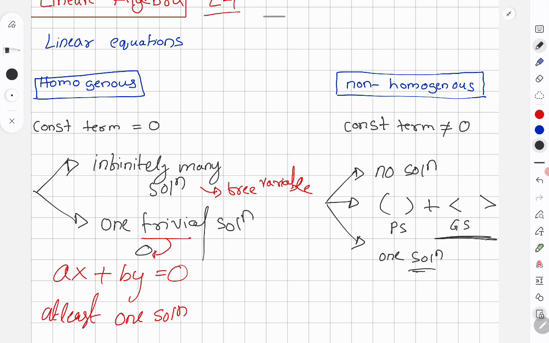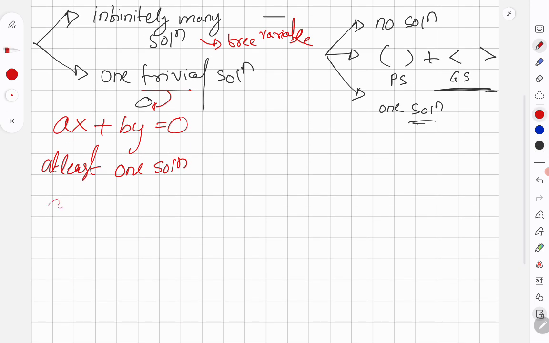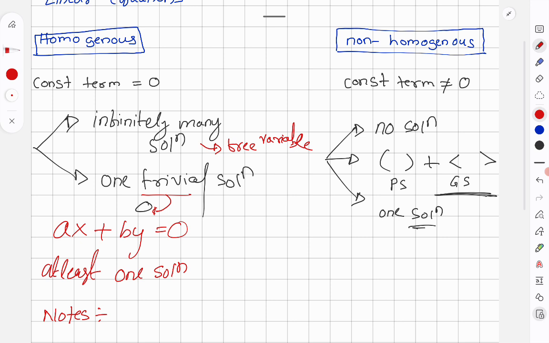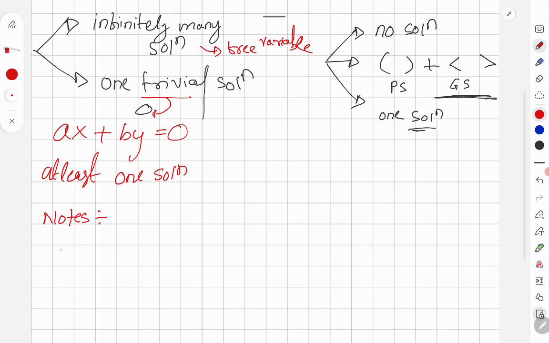I will give you some examples so that you will see how it is happening, but in short I will give you some notes before jumping to the question. It's a trick. First of all, if you analyze this part, what gives you infinitely many solutions? The infinite number of solutions depends on the free variable, right? If we have a free variable, then we will get infinitely many solutions. So I'm writing it: if we have free variables,